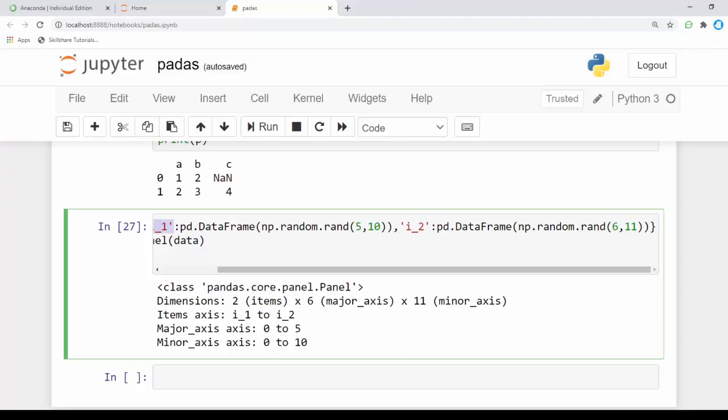This is also how we can create our panel from data frames. That's the basic concepts we can cover till now. These are the basic examples of pandas, and this is the end of today's class. We're going to see the basic concepts of the next library in the next class. Thank you for your time.